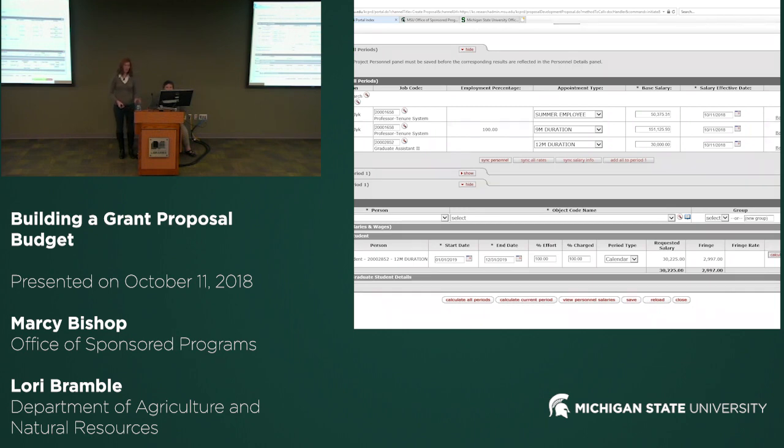The other thing I want to point out is the salary that you input. Like if you had an undergrad that you wanted to be at $5,000 in the first year of the budget, with KC, our project date isn't that far in the future, but most of the time your first year project date is going to be 6 to 9 months in the future. So KC automatically calculates that 3% increase. So if you want your undergrad to be at 5,000 in year 1, you're probably going to have to enter about 4,800 for their base salary. So you may have to play with that a little bit if you've got a specific number that you want to get to in the first year of your budget.